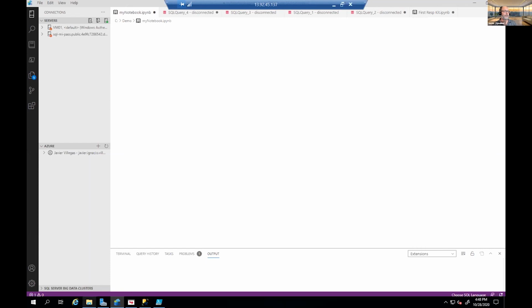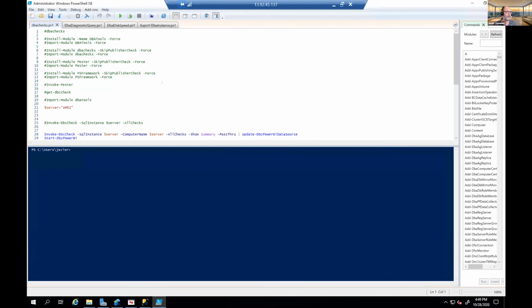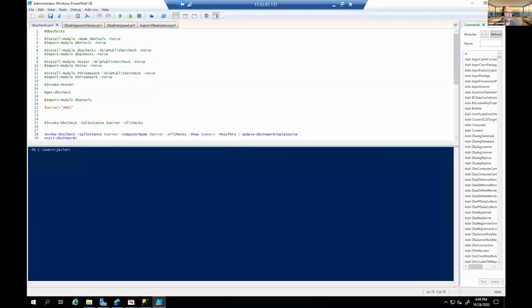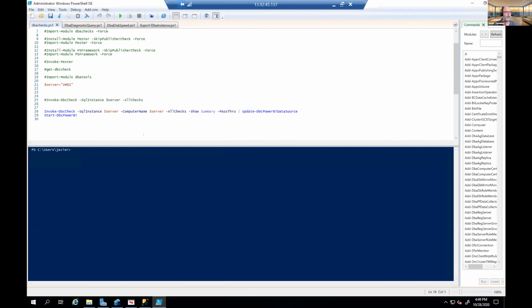But again, you can also combine the output of the Glenn Berry script using dbatools. As we said earlier, we probably already covered how to install it, which is, by the way, quite easy for someone who is not a PowerShell expert. It's not too complex. In your Windows, you have this tool called PowerShell ISE, where you can just run your stuff. So what I'm going to do here,